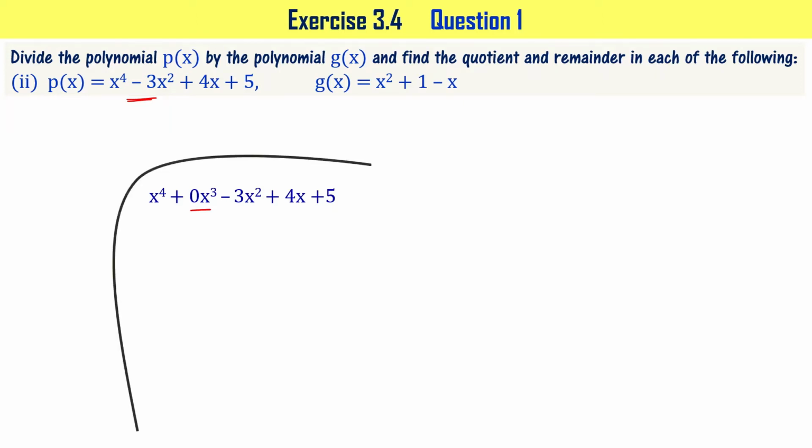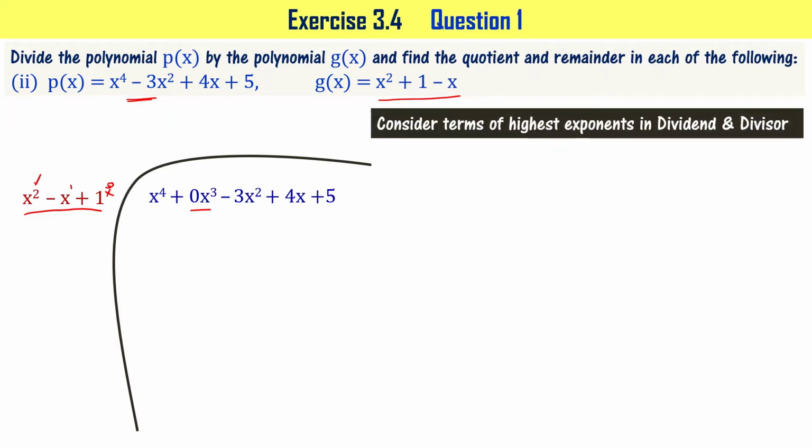Now, when it comes to g of x, you see here x square plus 1 minus x is given. I have arranged that as x square minus x plus 1. Here it is degree of 2, right? Exponent of 2, exponent of 1 and exponent of 0 in this order, right? It is x power 0. Once you arrange like this, what will be the next step?